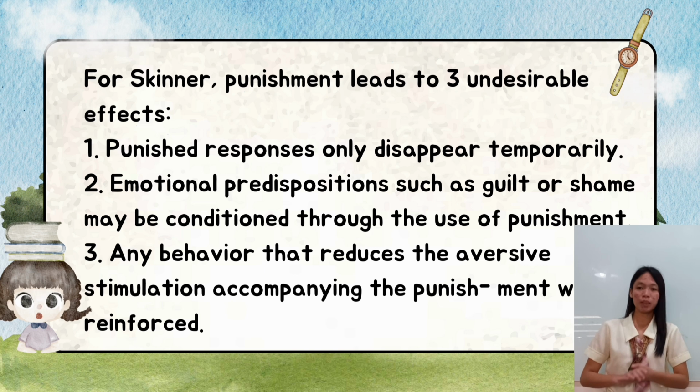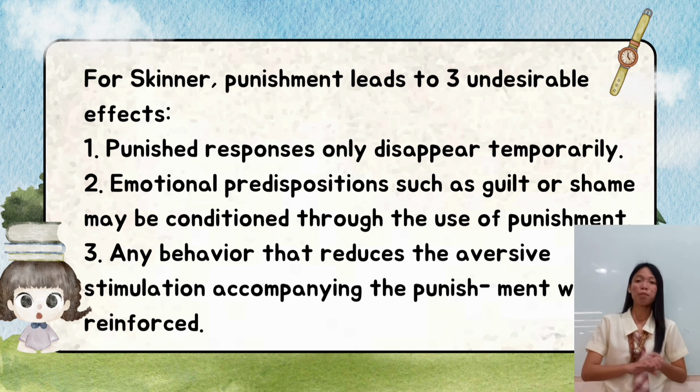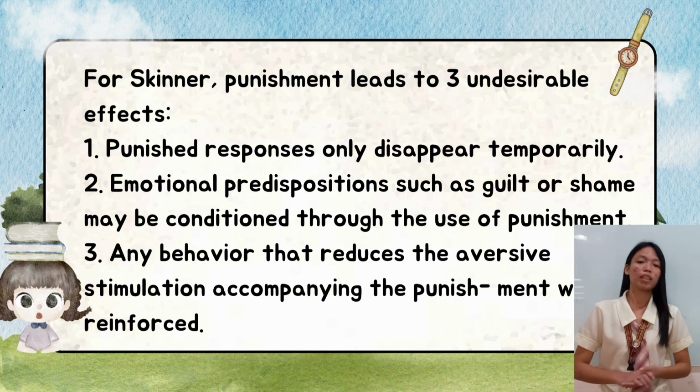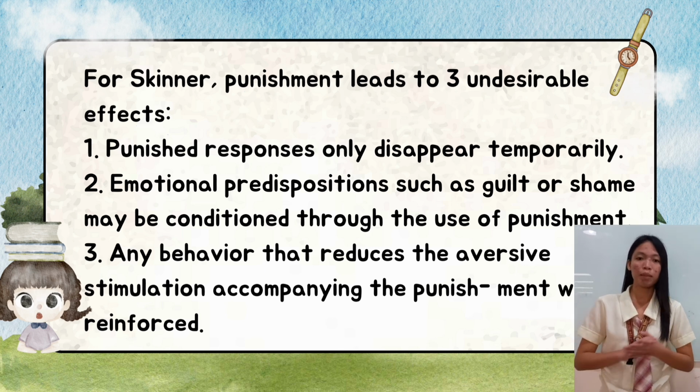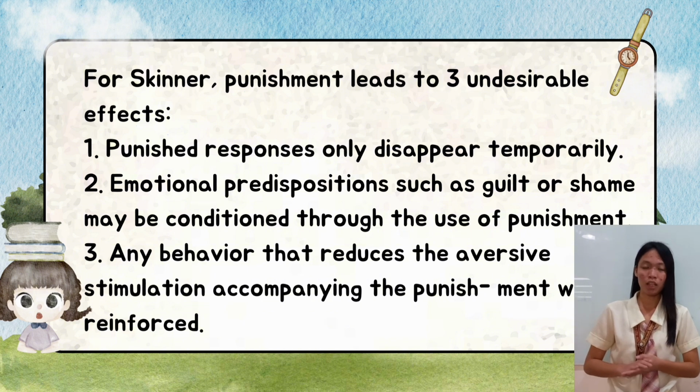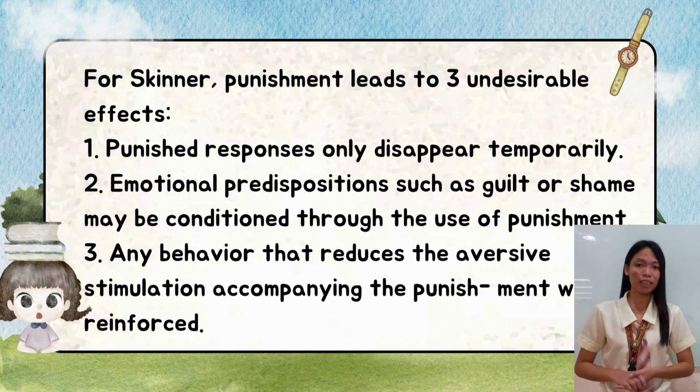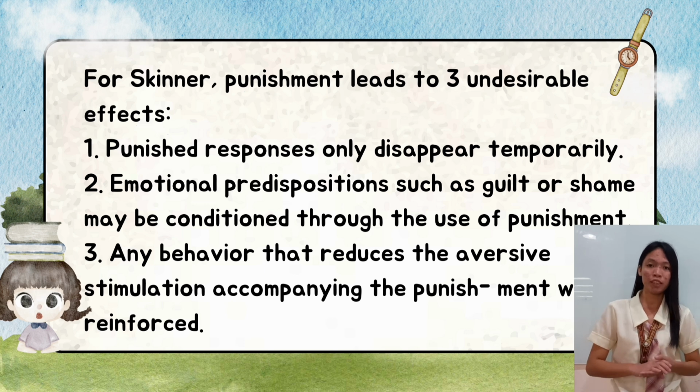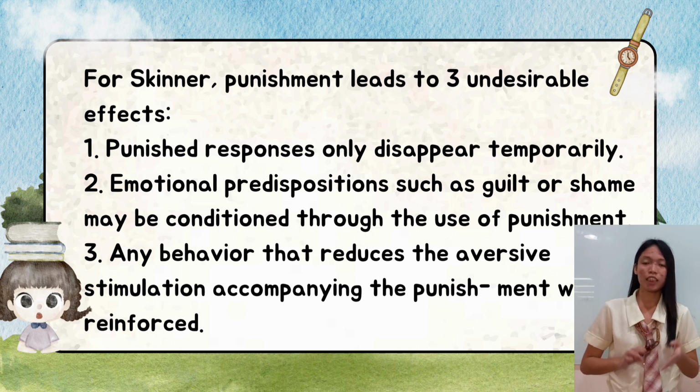Second, emotional predisposition such as guilt or shame may be conditioned through the use of punishment. When punishment is used frequently and harshly, this can lead to various negative emotional responses such as guilt, shame, embarrassment, and anxiety and depression. For instance, a student is struggling with history,